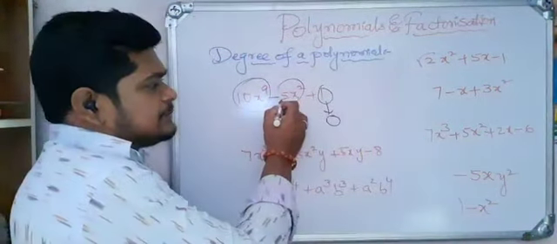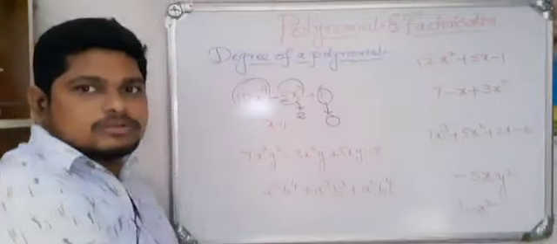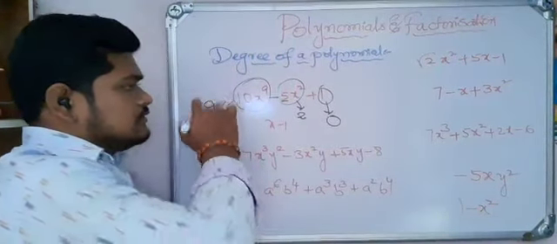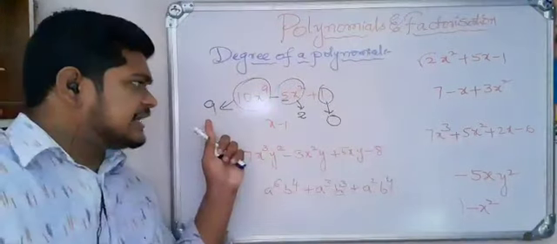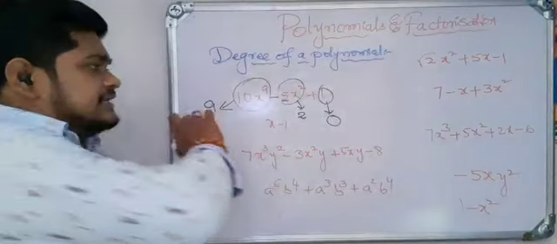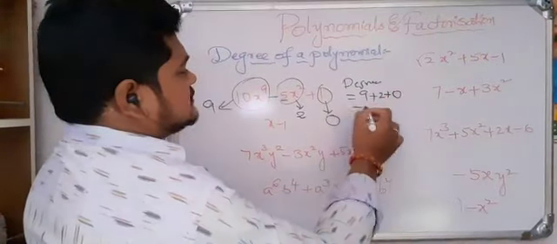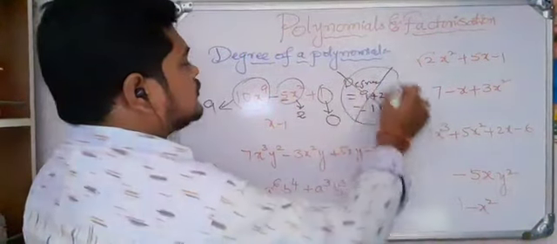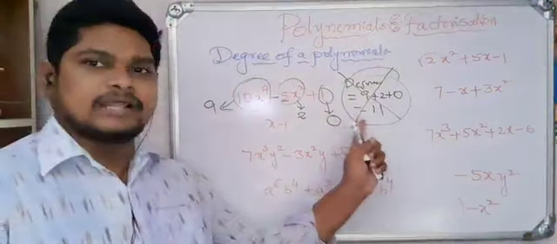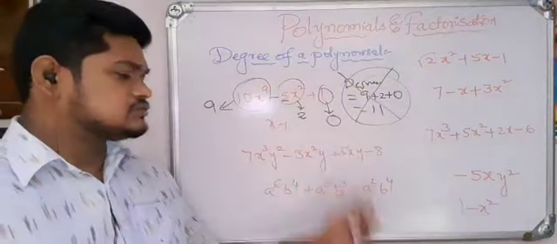See here, don't consider the power of 5. Variable only we should take. Here, power of the variable should be equal to 2. Okay, now next. Here, power of x should be equal to 9. But here we have one term of degree 9, one of degree 2, one of degree 0. So many members will do here degree is equal to 9 plus 2 plus 0. Orally degree is equal to 11. This is completely wrong. Don't do like this. What are the mistakes we are doing? Again I am stressing, don't follow 9 plus 2 plus 0.